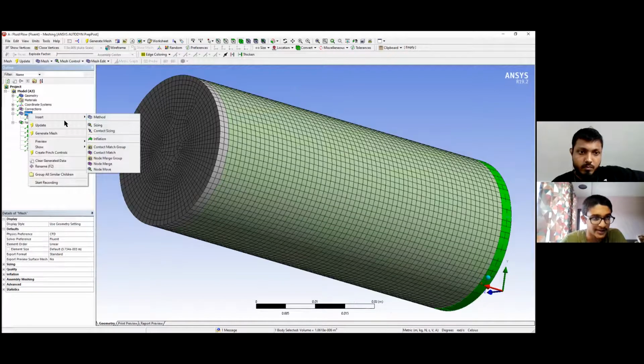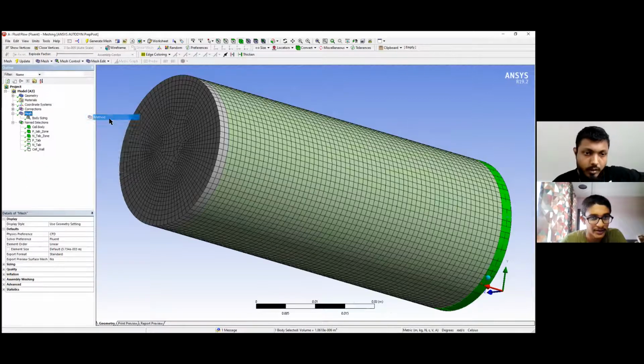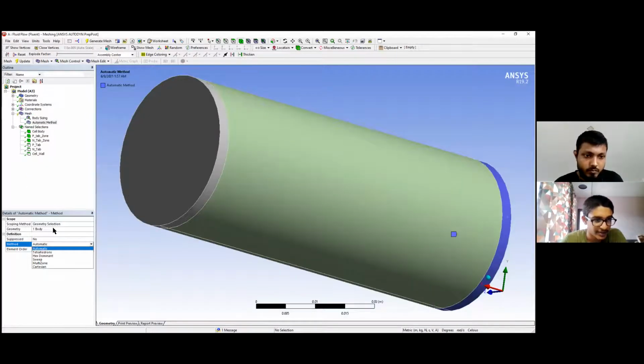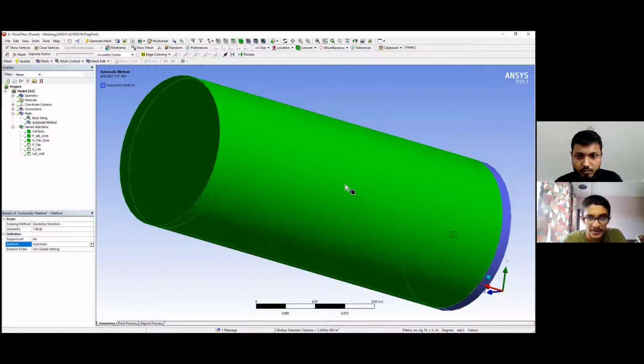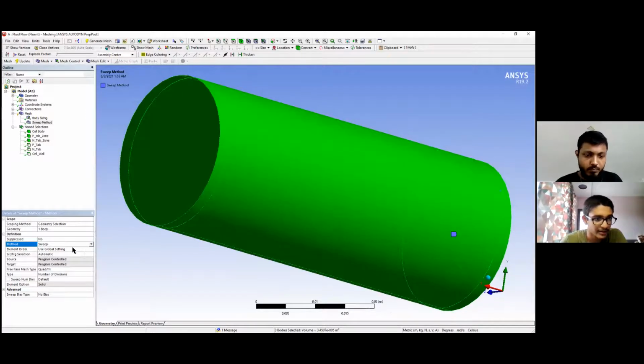Insert element method. Yes. Method, the first option. Okay. And can you select sweep? Select all three bodies and select sweep. Yeah. And in the body, can you assign all the bodies in the geometry? Yes, apply. Okay.